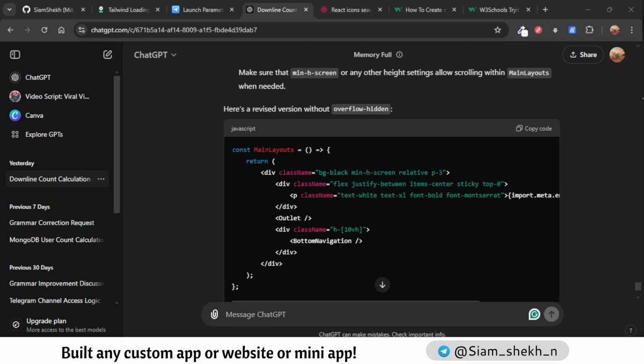For this one, click here, copy the image link, then go on file, enable work is complete, then bottom navigation is complete, then main layout also. Now here I type img and okay, copy,